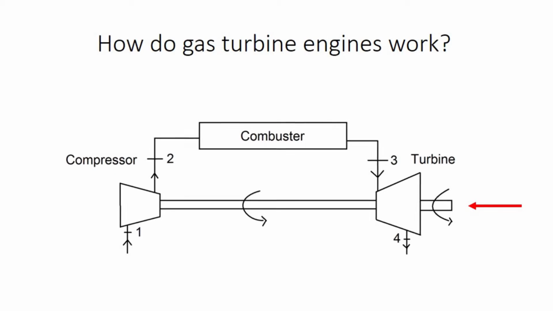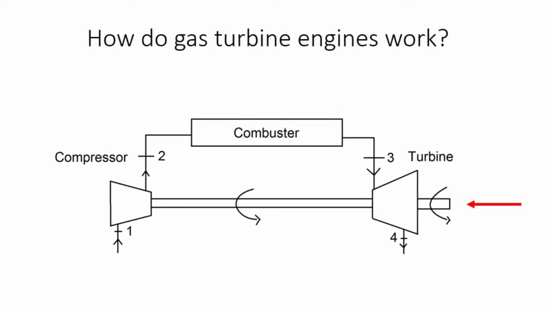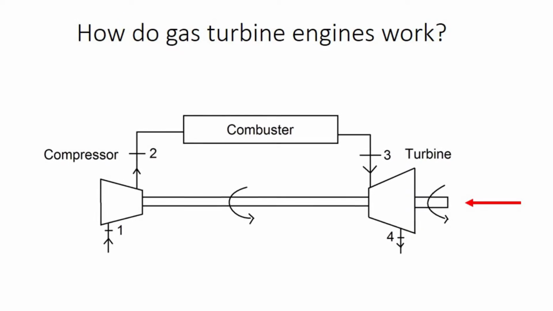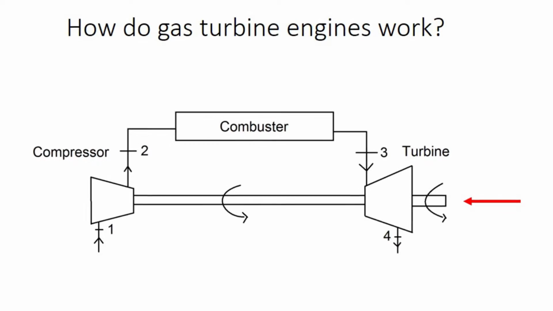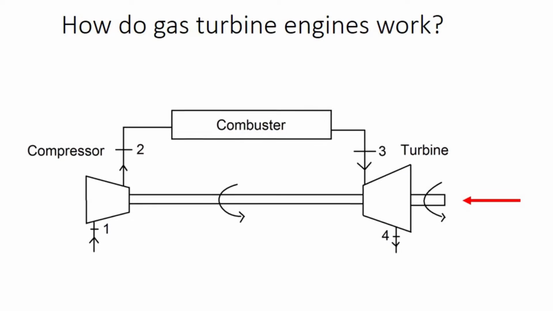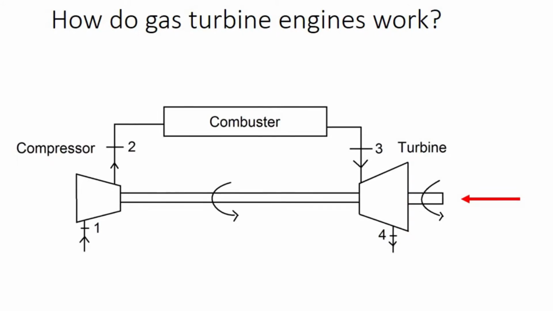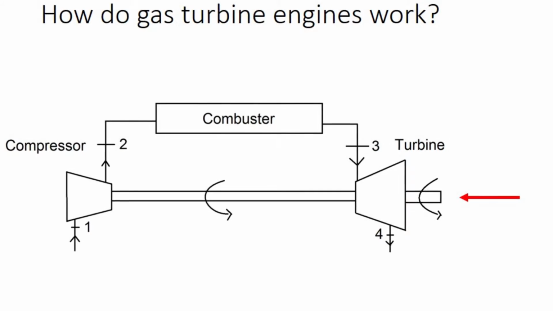Finally, the high-pressure, high-temperature gas flows through a turbine, which spins as the gas flows over the blades of the turbine. This causes the shaft of the turbine to spin, which in turn causes the compressor to spin and allows for the continuation of the process. The spinning of the shaft can also be used for work or to power a drivetrain. The exhaust gases coming out can be harnessed and used as thrust to provide propulsion for a vehicle such as